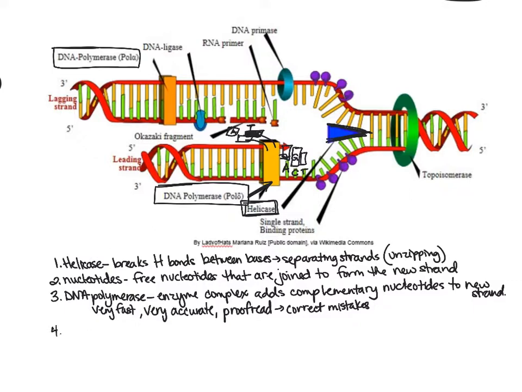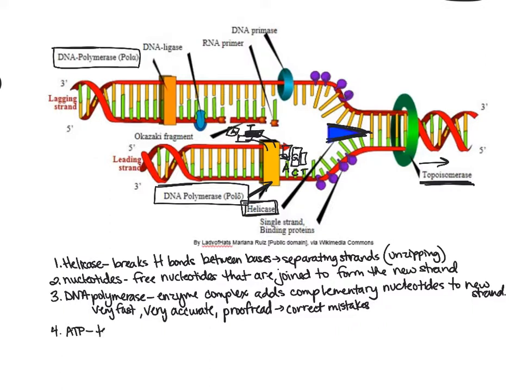But what does that take? That takes number 4, which is lots of ATP. And so it takes a lot of energy to unwind DNA. So this topoisomerase here, this enzyme that's moving along the DNA and unwinding it to make it nice and flat, so our helicase can get in there and break those bonds. And then our DNA polymerase is going to take a lot of energy in order to take those free nucleotides and build them into a strand opposite the open strand there, the old strand.